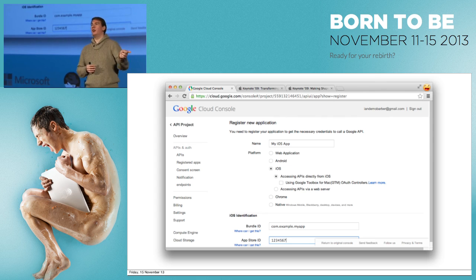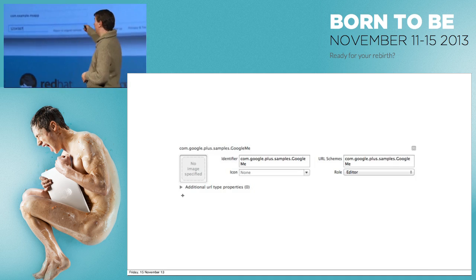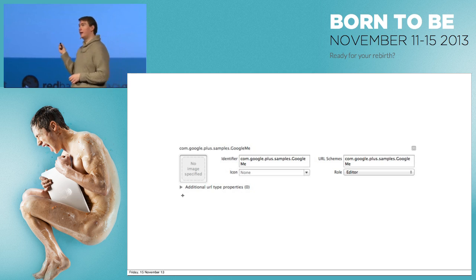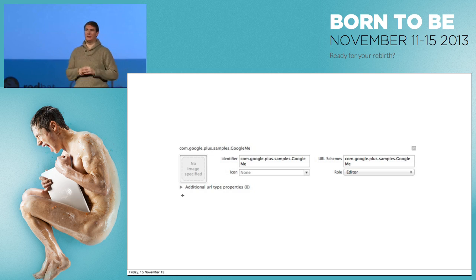When we return the user from signing in, we have to call to a URL. And that URL has to match your bundle ID. So whatever gets defined in here, we need to set up as a custom URL type in Xcode or in your info.plist to say, I am going to handle responses of this type. And after that, that's it. You don't have to worry about the rest of it. It's handled automatically.